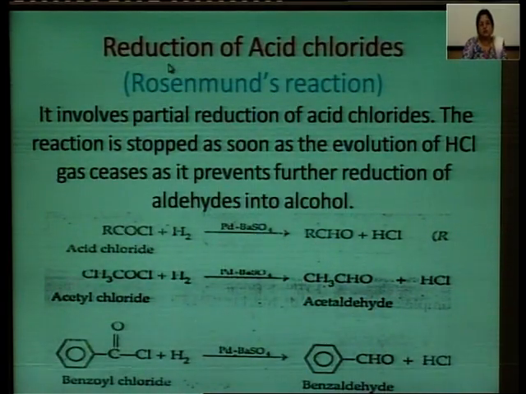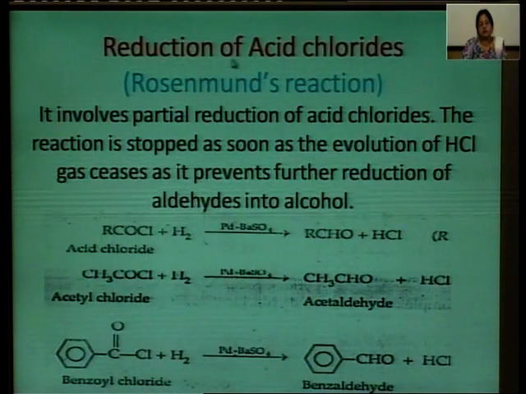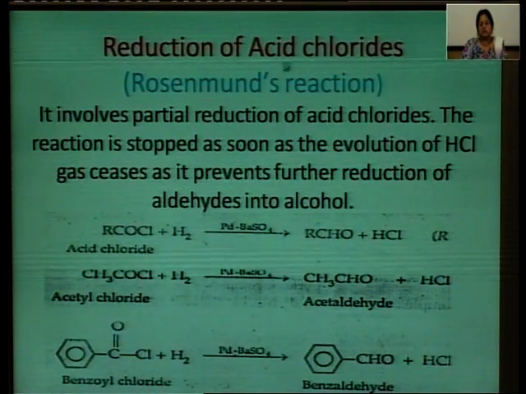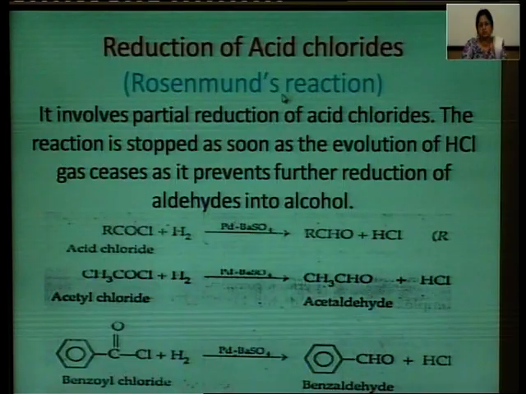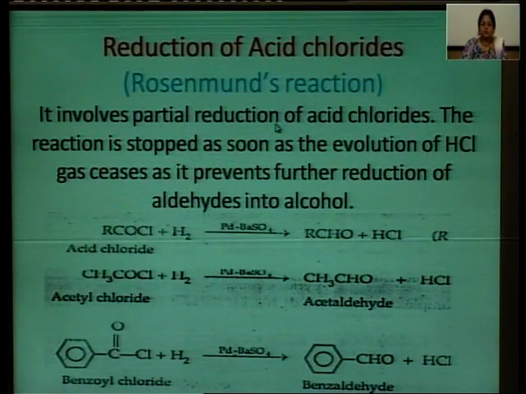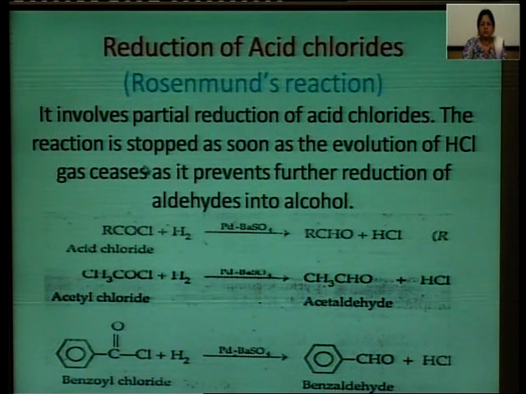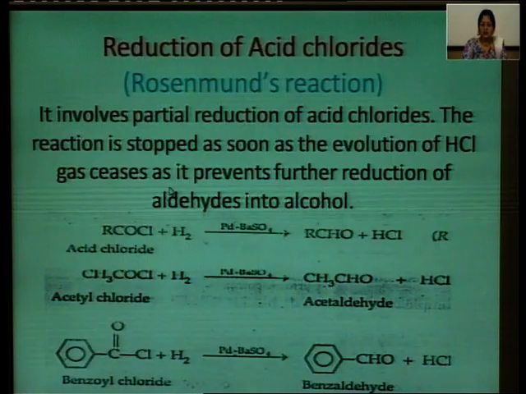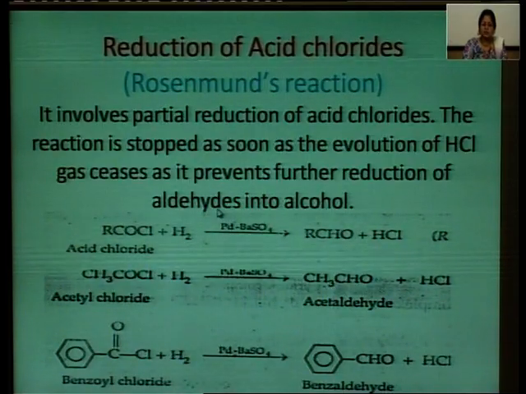Another method for synthesizing the aldehyde is the reduction of acid chlorides. This method is also known by the name Rosenmund's reaction. In this method, there is partial reduction of the acid chlorides. The reaction is stopped as soon as the evolution of HCl gas ceases, as it prevents further reduction of aldehydes